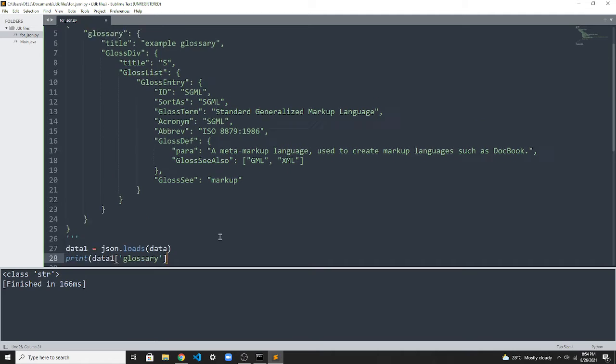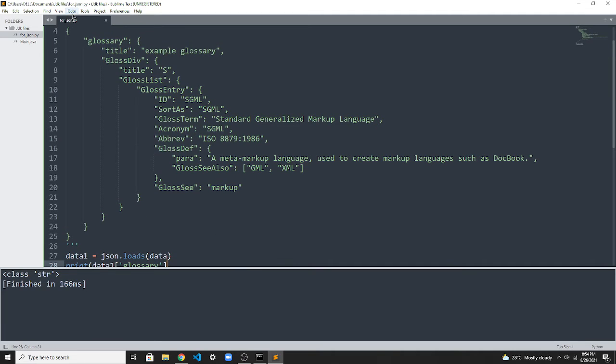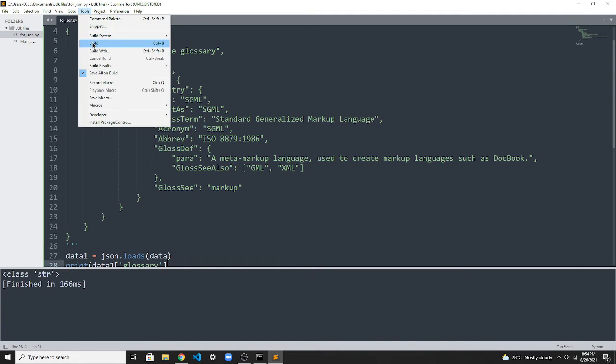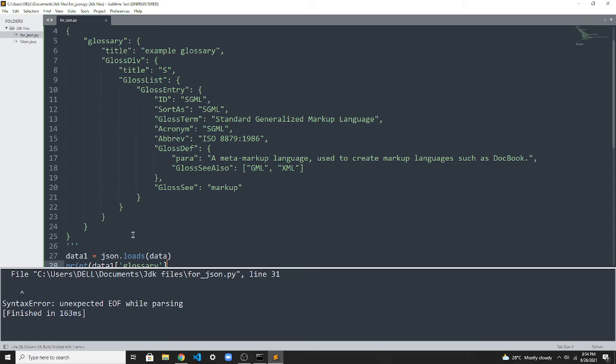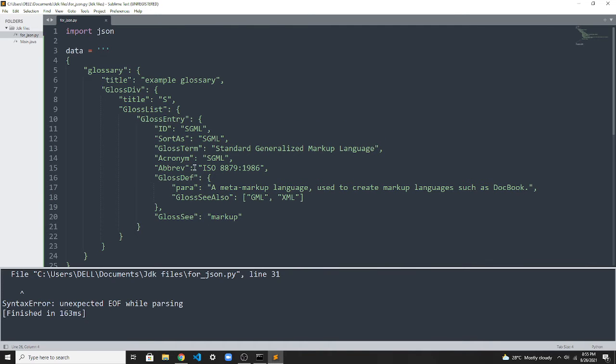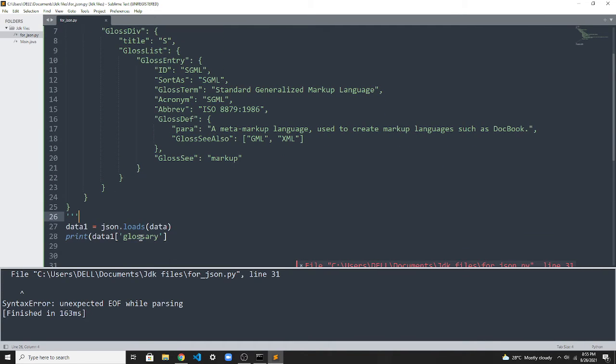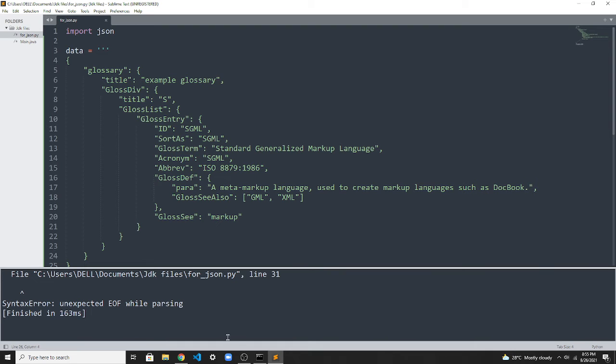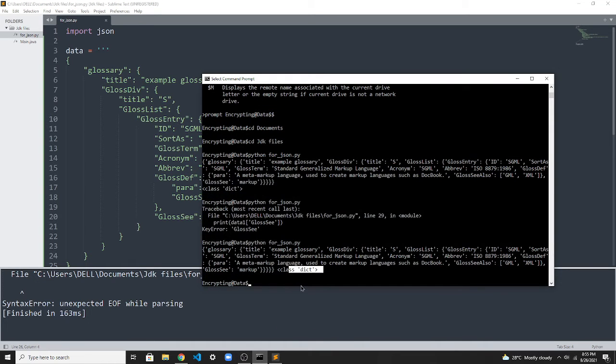Now we'll run it from here to save time. Wait a second, it's showing some error. Let's print data1, the JSON file, it's basically glossary. We'll try to run it from a terminal.